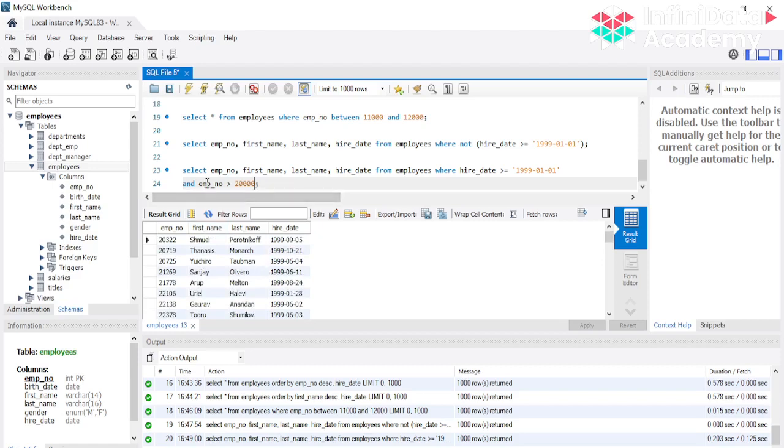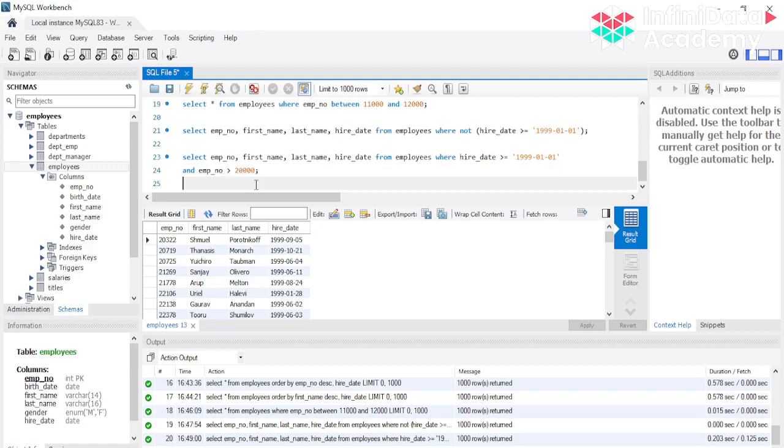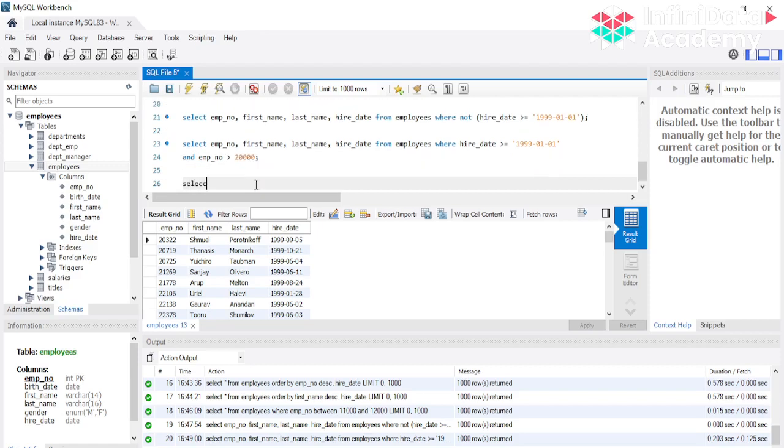So here we had two conditions. If you want, you can have multiple conditions, one more condition with AND, and you can filter your queries accordingly as per your scenarios, right? Let's say one more interesting case. I'm just going to bore you with all these select queries first, after that we'll get to the interesting stuff, that is using joins and aggregation functions.